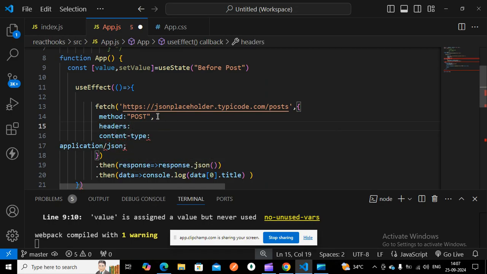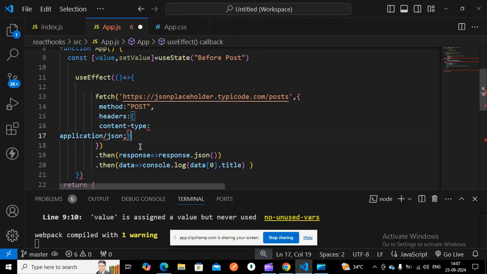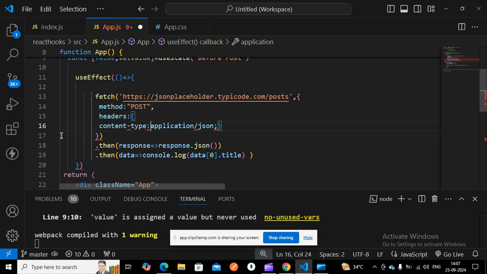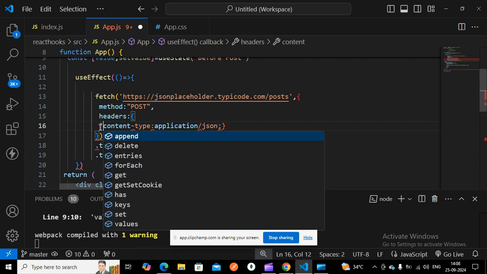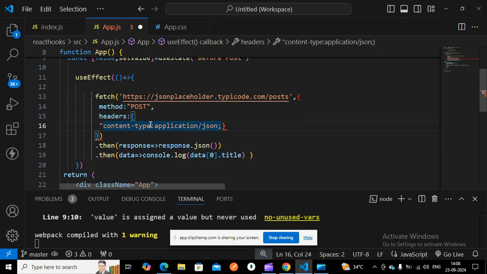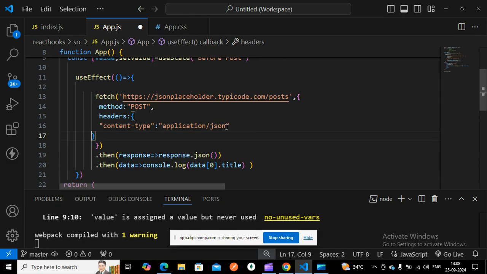I have to give it in the headers part only, right. So I have to give a colon and curly braces, and align this one. I have to give this in the form of a string, and delete this, and this C should be in capital letter.